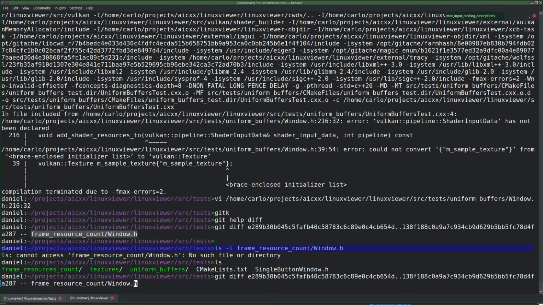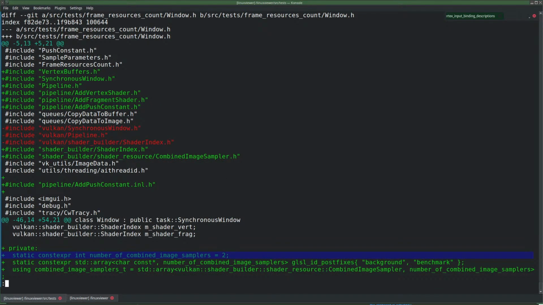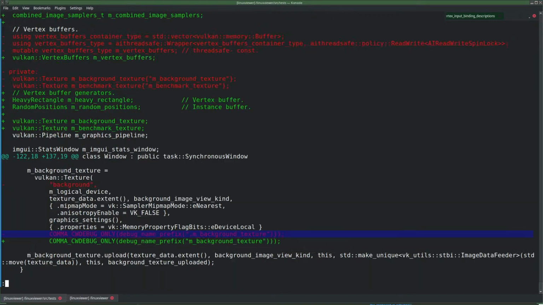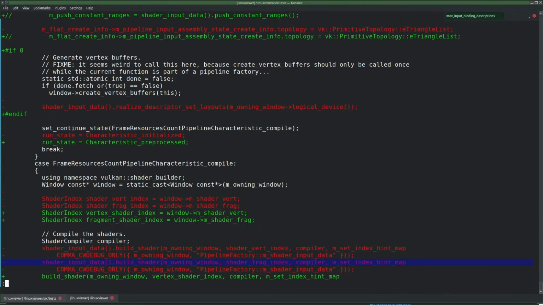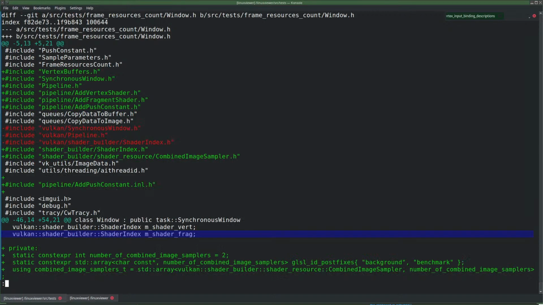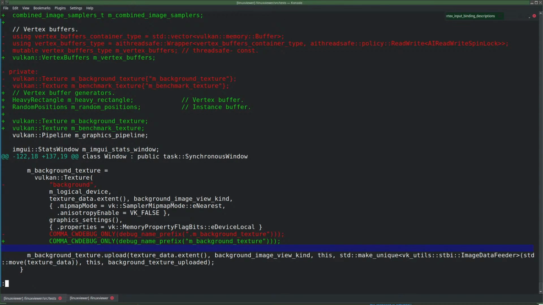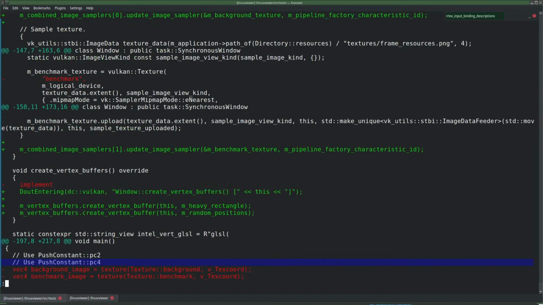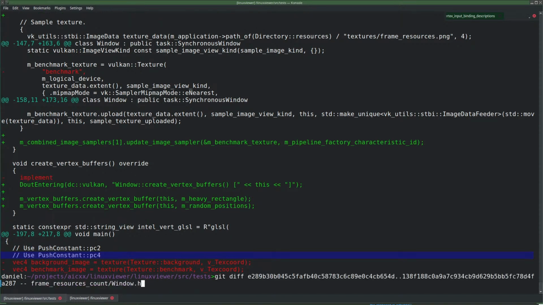Frame resources counted. Yay, have it. Okay, so I can assume that combines everything. It's big, so the first one is in there, and then the second one is also in, yeah, benchmark and set a background. So we can write this to a file,